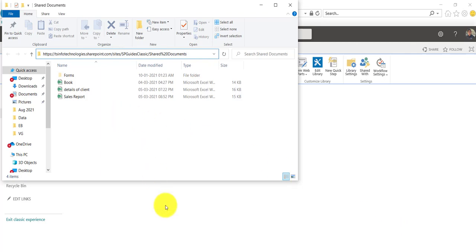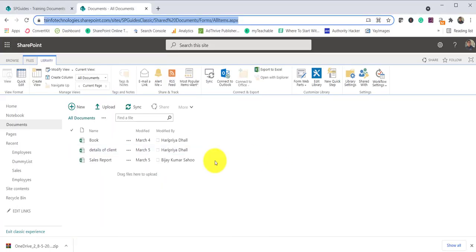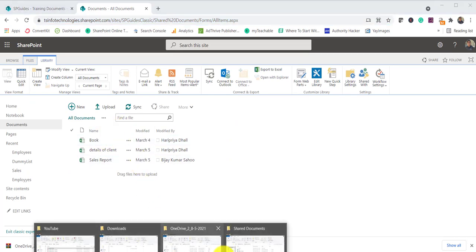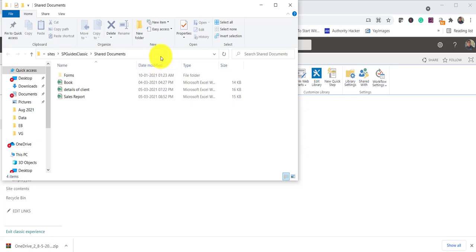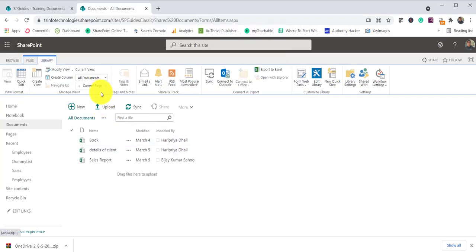So now if you'll see here, I will just quickly show you. You can see 3 files are there. So that is the reason, if you'll see, only 3 files you can see, and you can play around with it. That means you can copy this as a block, like how we are copying files from a folder. So this way we can also copy multiple files from a SharePoint library.